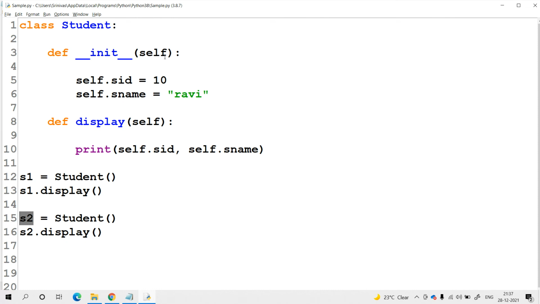Parameterized constructor, it is very simple. Along with the self keyword, define some other parameters, SID as well as sname. Now within this constructor, along with the self keyword, 2 more parameters are there. For these 2 parameters, at the time of creation of the object of the class, we can pass 2 values. Now the same parameters we can set for the SID and sname. Let me set it. The 2 parameter values I am setting for the instance variables SID and sname in the Student class.